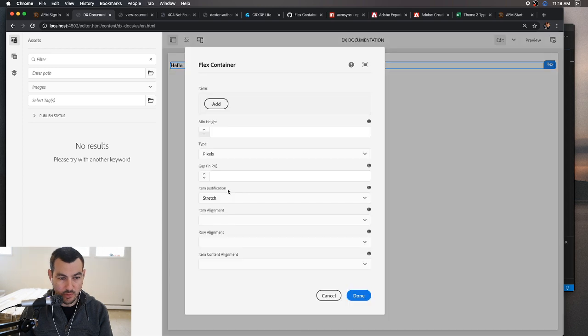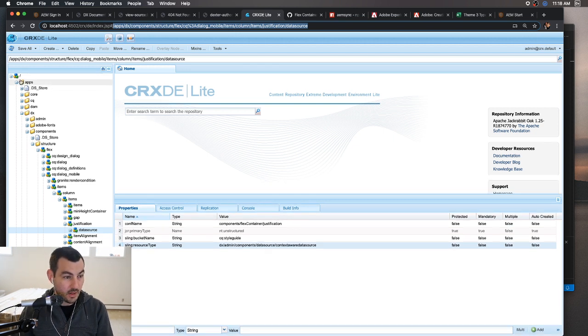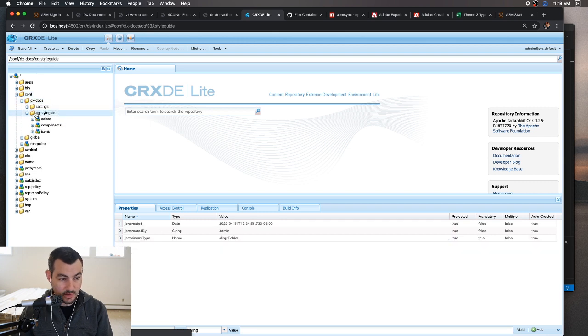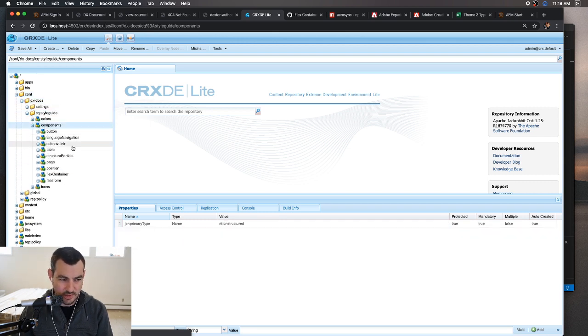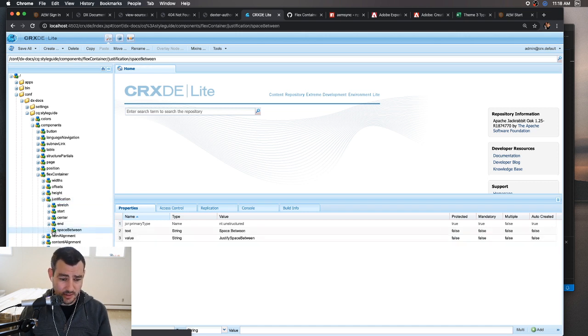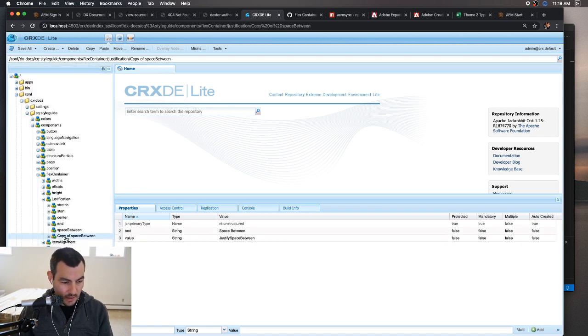If we pull this up, we can now see item justification: stretch, start, center, end, space between. And if we go to conf and DX docs, which I think we're going to have to change where this is, but that's a whole different conversation. If we go to flex container, and go to justification, you can see stretch, start, center, end, space between. If we wanted to do space around, we could just copy that, paste, and say space around,